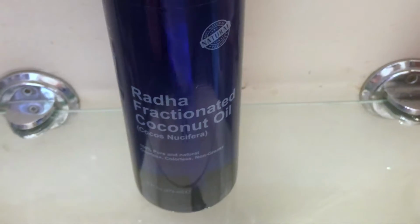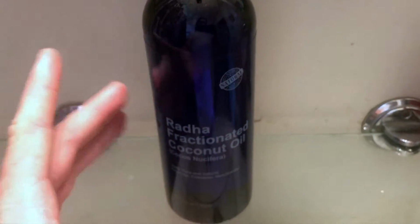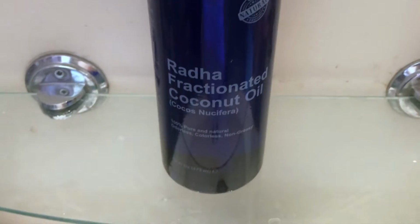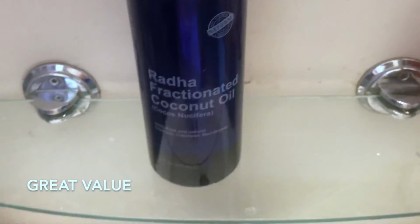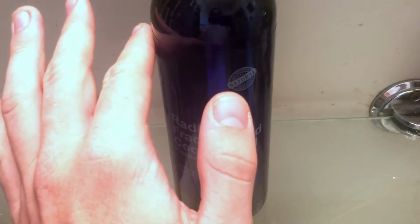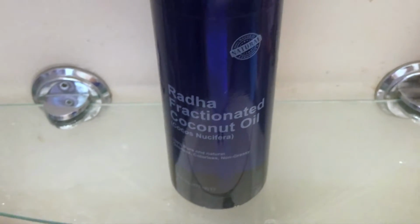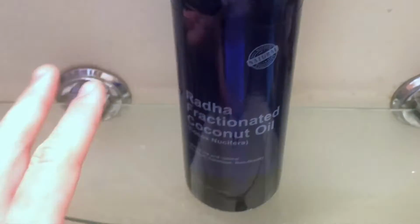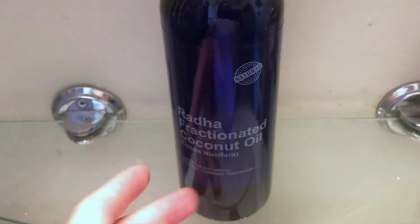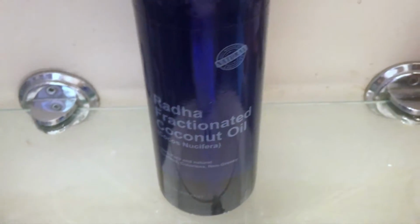So I'll talk about the bottle first. I really like the design of this bottle. It's a 16 fluid ounce bottle, meaning you have tons of it. It's going to last you a very long time. I've had it for about a month now, and I've only really used down to about here. You really don't need that much when you use it either, so if you're looking for something that can last you a long time, don't go and buy those tiny little bottles that are going to cost you a lot. You might as well just buy something a little bigger for less money, and it'll last you a long time